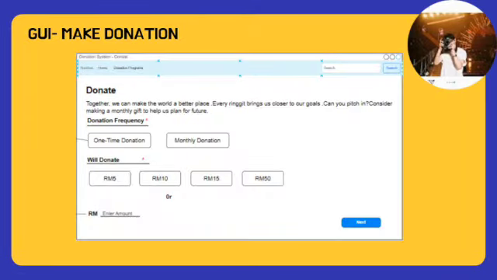After the user is done reviewing the donation details, the user can make a donation. So this is the page for making a donation. After the user confirms that they want to make the donation, the system